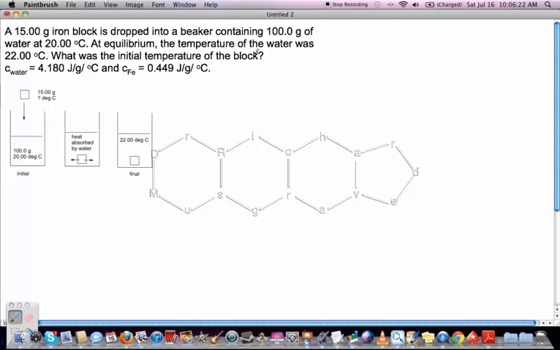So it's natural to start off by finding the amount of heat that would be absorbed by the water. And we can do that because we've got the final and initial temperatures of the water. We also have the heat capacity. We also have the mass of the water. So what that means is I can say Q of water equals M of water times C of water times delta T of water. That's going to be the mass, which is 100.0 grams, times the heat capacity,